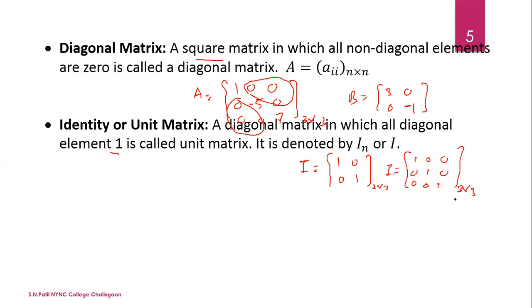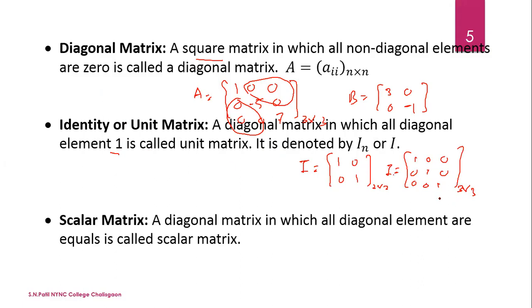Okay. Now next, scalar matrix. A scalar matrix is nothing but, again, a diagonal matrix. Its diagonal elements are the same, that is 2, 0, 0, 0, 2, 0, 0, 0, 2. This is the scalar matrix. If the diagonal elements are A, B, C and it becomes 1, then it becomes the identity matrix. So other than one value, if it is there, then it is a scalar matrix.